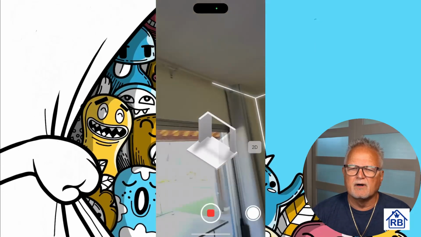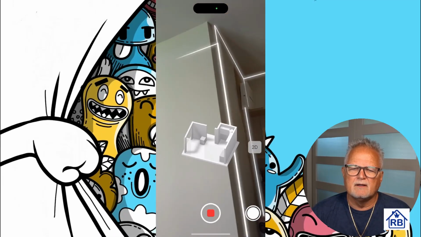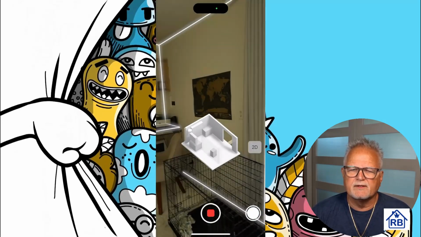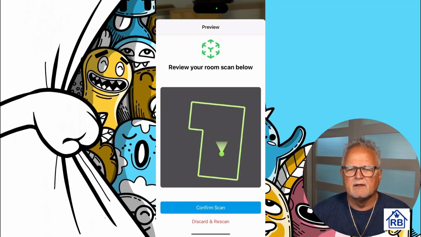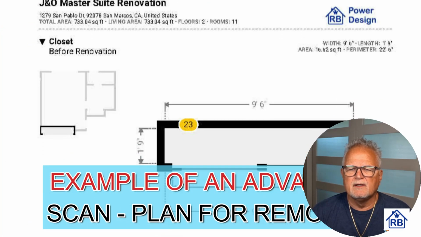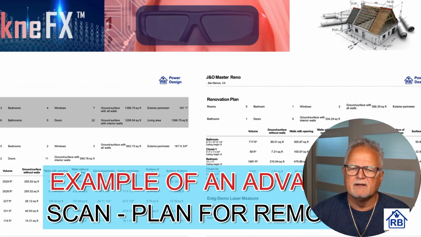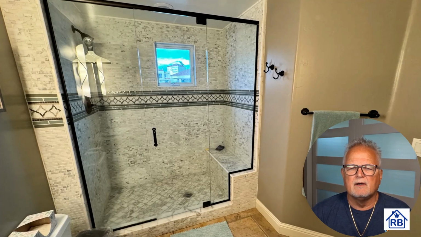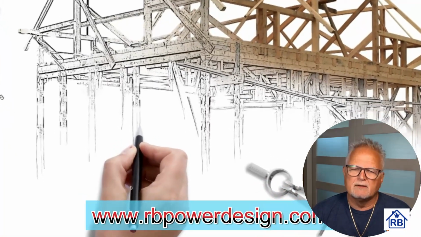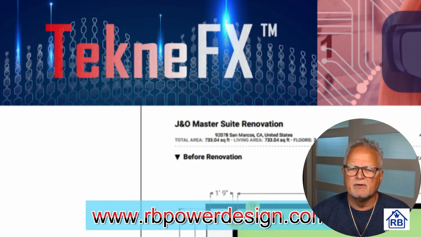But what I want to do is more automated, so I want to really focus on the automation side. I've created some forms on my website, simple questionnaires, and I'm going to try to leverage some of that. They have a lot of logic that you can build into the forms as a first-step tool to identify what people want to have done in their homes before we actually even go out to look at the place. So hopefully with the TekneFX program, we'll be able to streamline the home improvement process a little bit